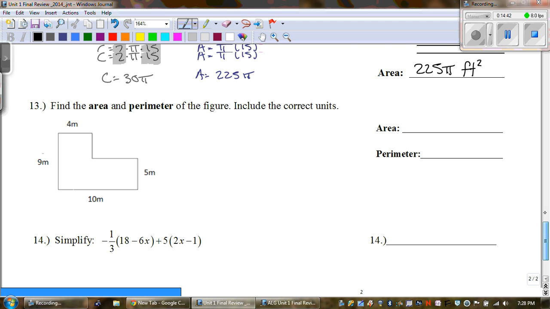All right, number 13, find the area and the perimeter of the figure. Include the correct units. Okay, so area is what's inside, and perimeter is the outside. I like to find the perimeter first, but there are two sides that we don't know. Okay? So when we're trying to find the missing side right here,